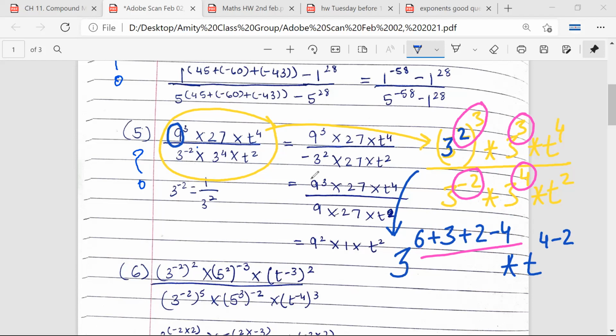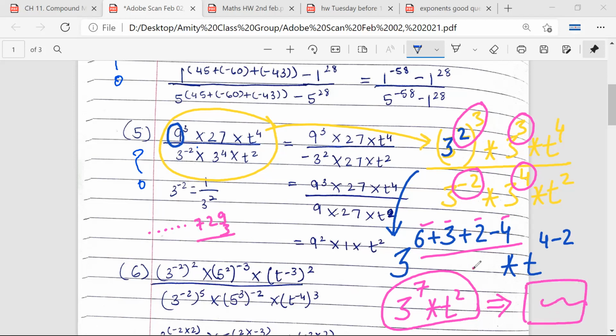So this will be equal to 3 raised to power 6 plus 3, the 9, plus 2, 11, minus 4, 7, into t square. Soumya ji, is it okay? Yes, sir. And again, the choice is yours. Do you want to solve this? 3, 9, 27, 81, 243, 729. And this would be 729 into 3. You may or may not want to solve this. I am okay with this also. Sanvi, is it okay? Yes, sir.